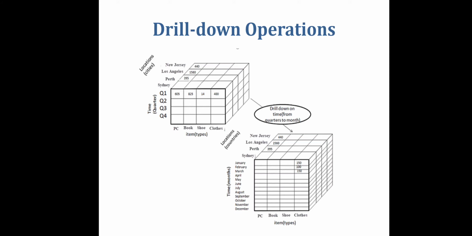So, drill down can also be performed by adding new dimensions to the cube. For example, the drill down on the central cube can also occur by introducing additional dimensions such as customer group. So, we can also add the new dimension, that is customer group. So, this we can do with the drill down operation. So, this is the example of drill down operations on this cell example.